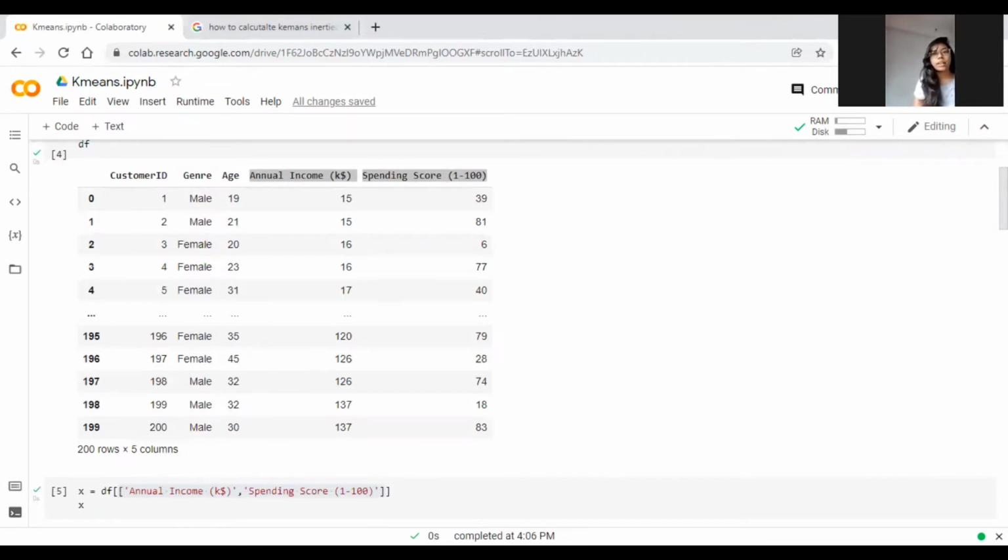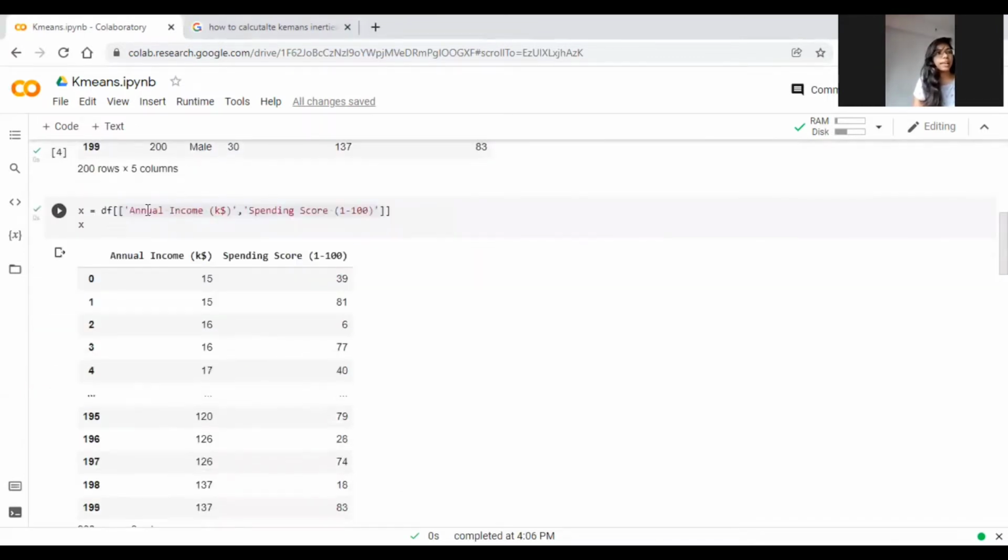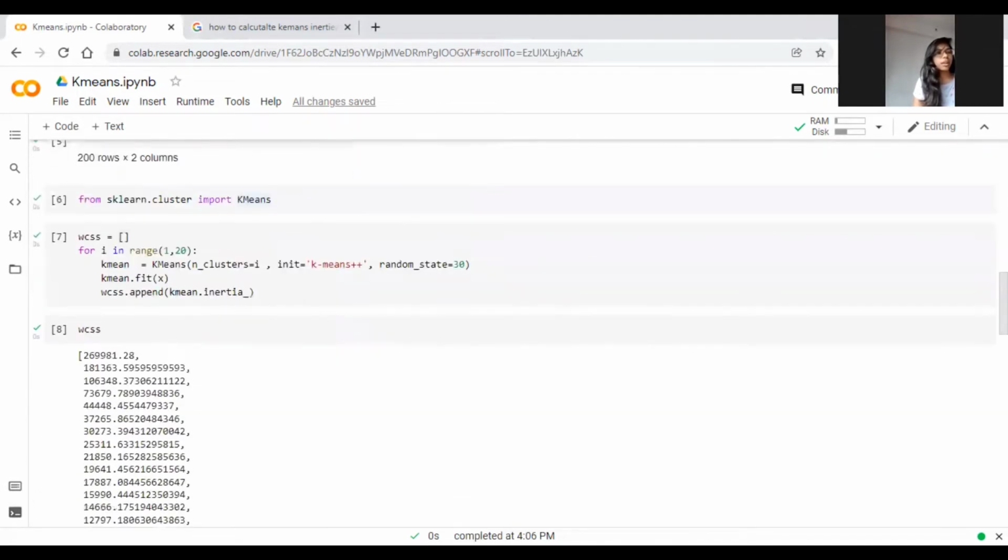So I have created my data with only annual income and spending score and saved it in the X variable. Now I will be importing the K-means algorithm from the sklearn cluster library.